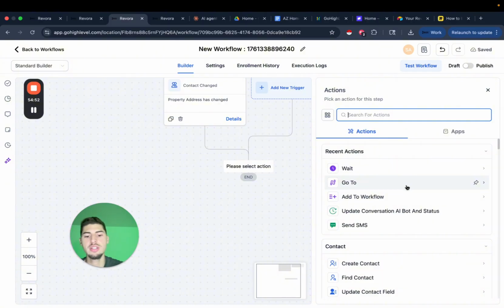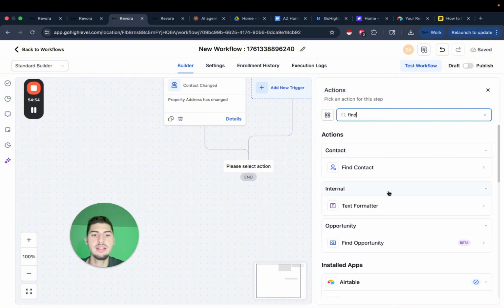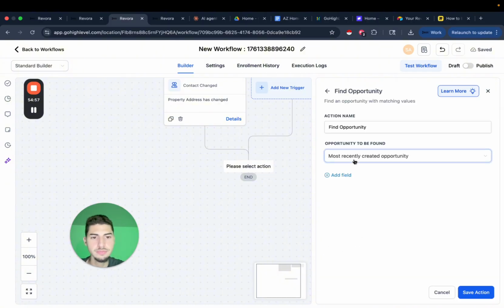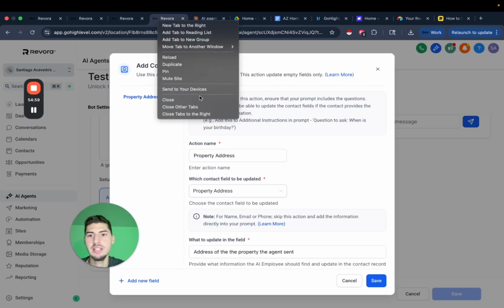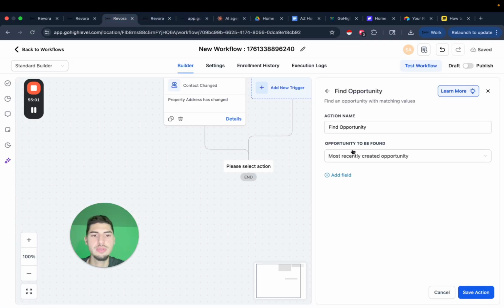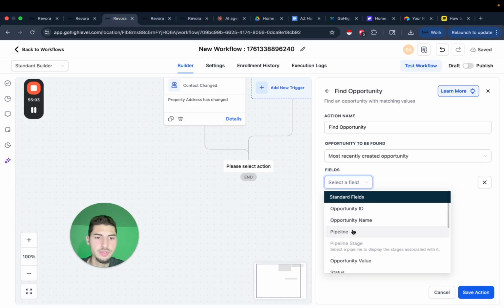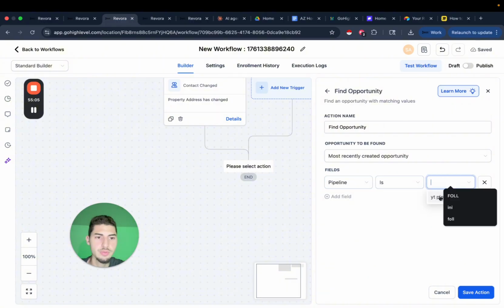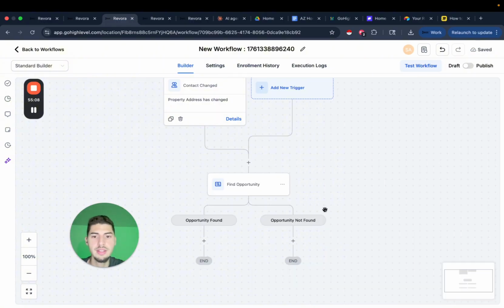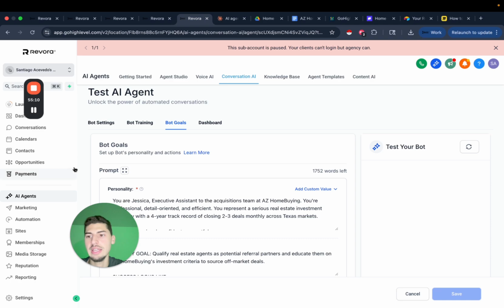Once it's actually changed, then what we're going to do is find the opportunity. So the opportunity is what's actually sitting in the pipeline here. I'll duplicate this tab to show you guys what I mean here. And we'll first find the actual pipeline. We have one created, the YouTube pipeline. And so we're going to find the opportunity card there,